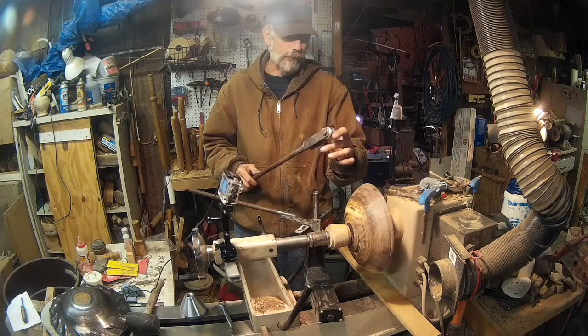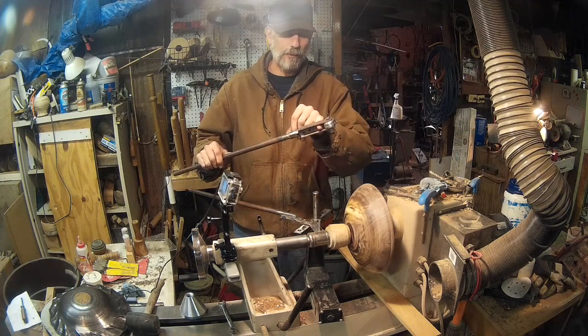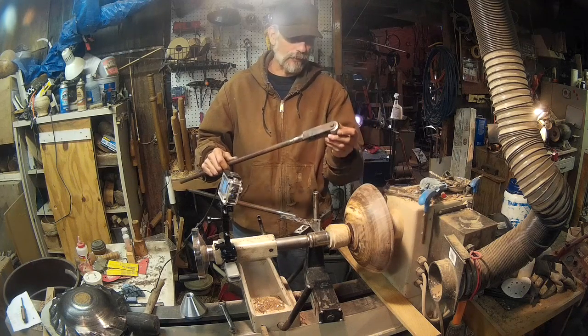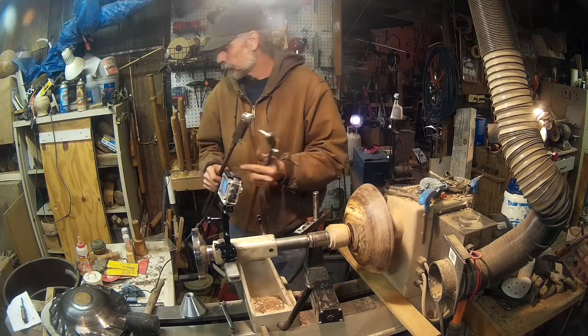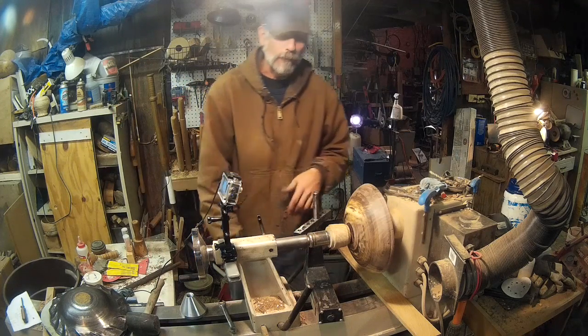But what I'm going to do is make a larger roller. I left plenty of space in here just in case of such a thing, but I've got to get a piece of steel big enough in diameter to stick on the lathe and make a new roller. So still waiting on that. Just got to make another trip to the scrapyard. So anyway, in the meantime, I wanted to keep trying to